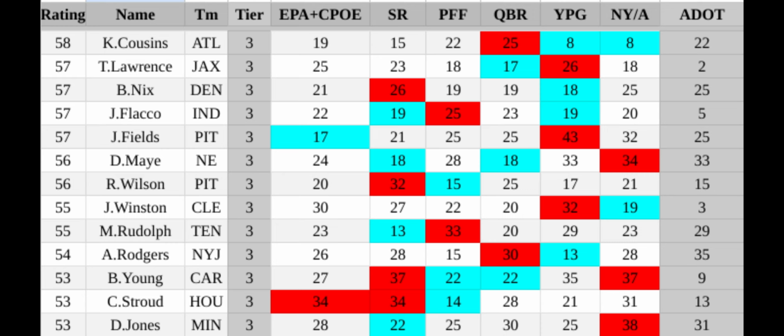He's throwing deep pretty all right. And I don't know what his turnover worthy play percentage is, but it's got to be like 50%. Like half of his passes are a deep bomb, and the other half is an interception or a ball that should be intercepted. So it's a fun time with Flacco.